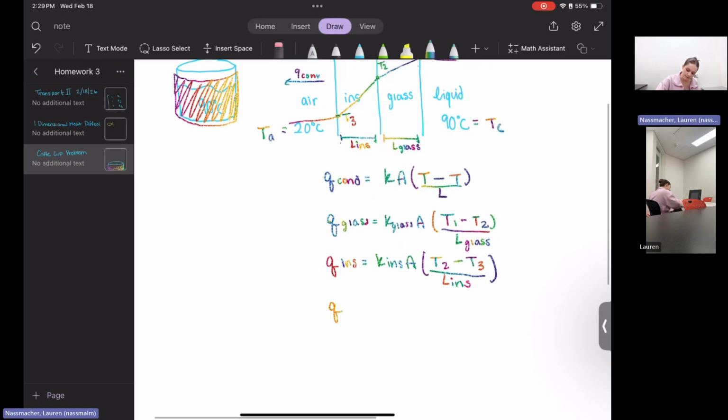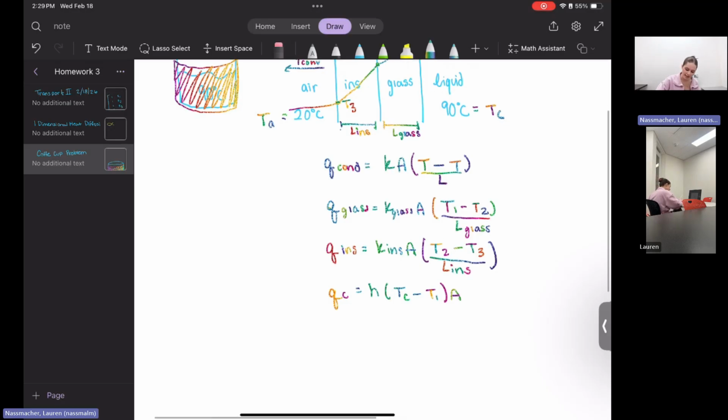We will have our heat loss for our coffee, and that will be the heat transfer coefficient multiplied by the temperature difference, Tc minus T1, not over a length, but you still multiply by an area,